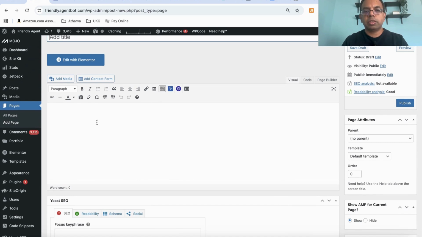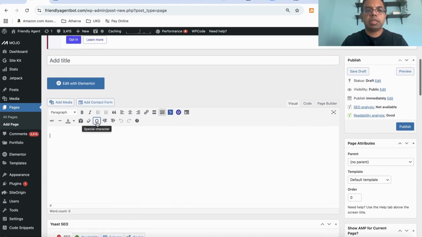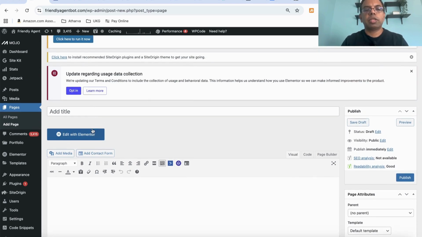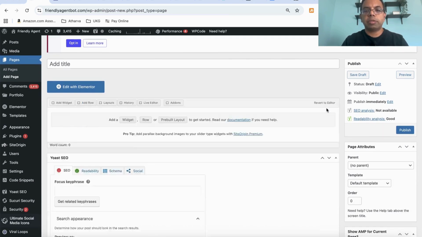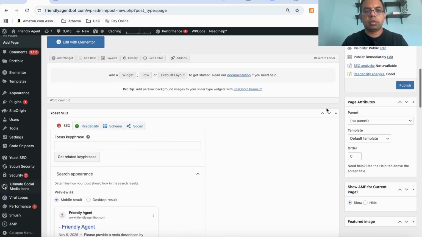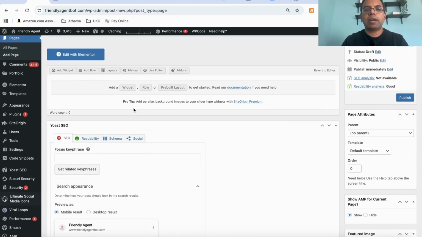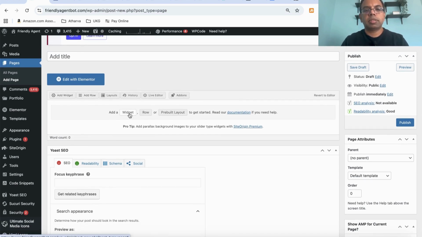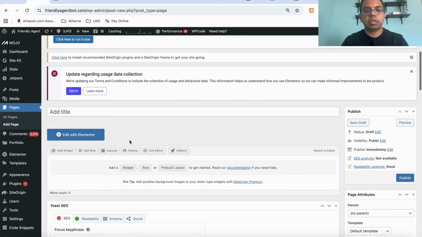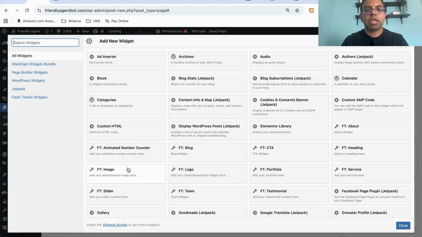Now this is a new page, and again, you can edit it using Elementor or whatever, or WordPress also provides a page builder. So you can add widgets and make changes and whatnot. So what we can do is, let's start with adding a widget. And what we'll do is, you can add a heading or different things, but we will add a custom